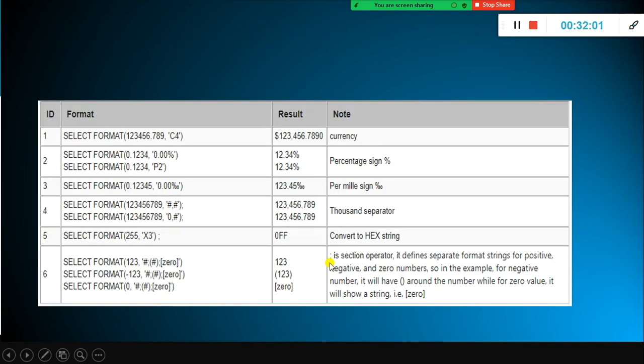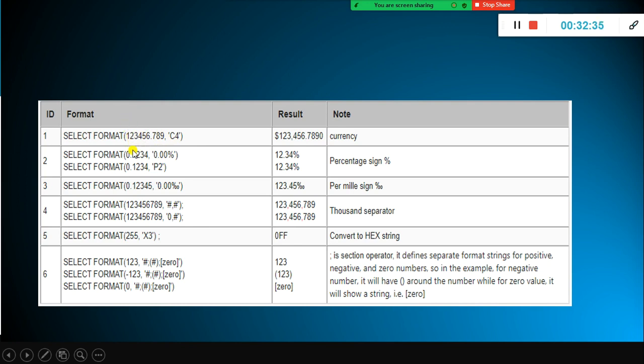Next one is the format function. This is also very much helpful. If you want to generate any report, and your report output should be formatted to a specific need, or based on the specification, the format function is very much helpful. Look here, when you use this one, comma C4, it prefixes this value with the dollar currency.